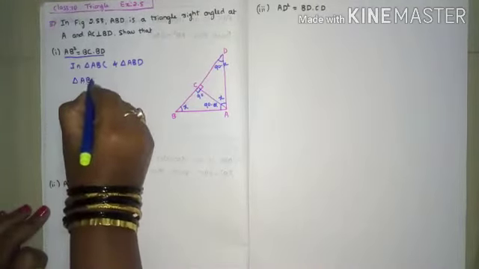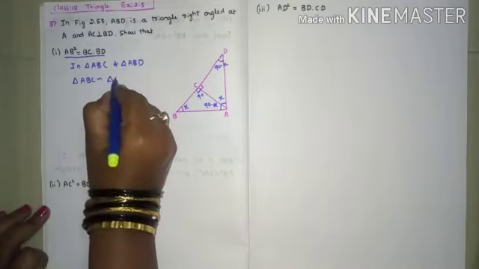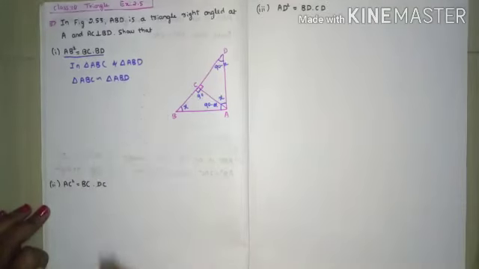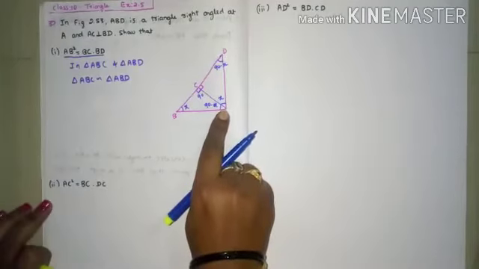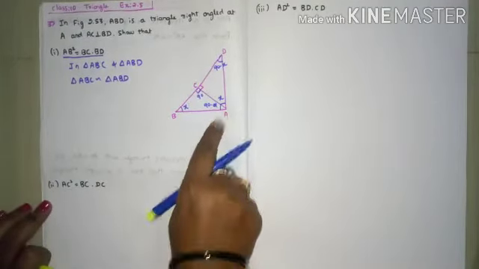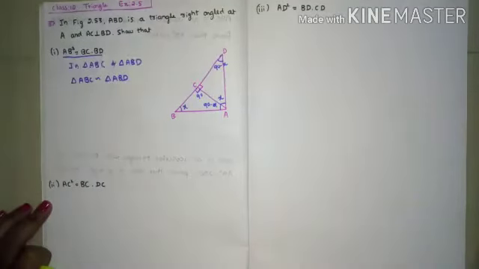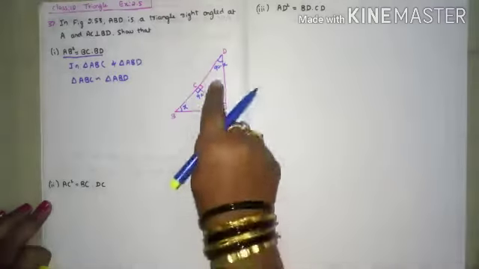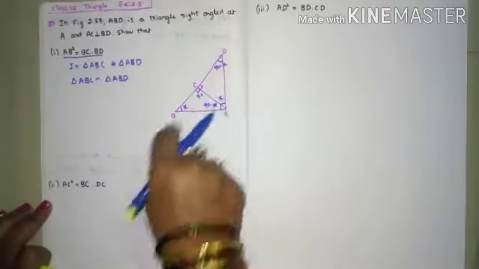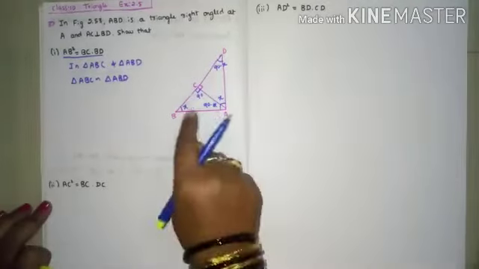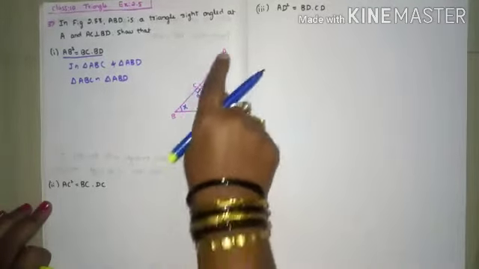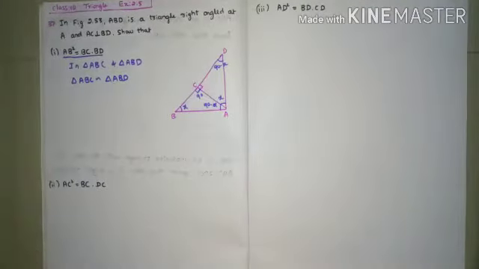Triangle ABC is similar to triangle ABD, because already we know that if the line is drawn from the 90 degree vertex, then that line will divide the triangle into two triangles. Those two triangles are similar to the bigger triangle and those two triangles are similar. Now this ABC is similar to ABD by that note. Now if the triangles are similar, we can write the corresponding sides are in the same ratio. Which are the corresponding sides? Identifying corresponding side is important here.